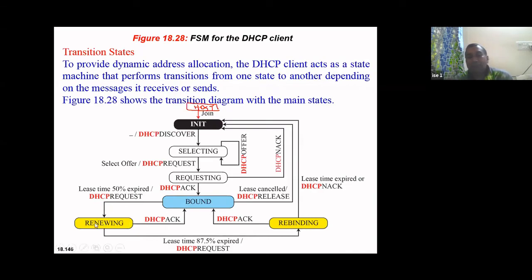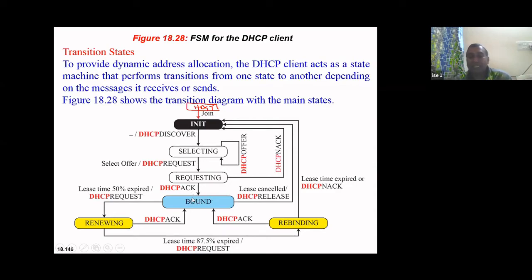Now what happens if 87.5% of the lease time has expired? Then it will send a DHCP request for rebinding. Again the server will send a DHCP acknowledgement. The moment the acknowledgement comes, it's okay.